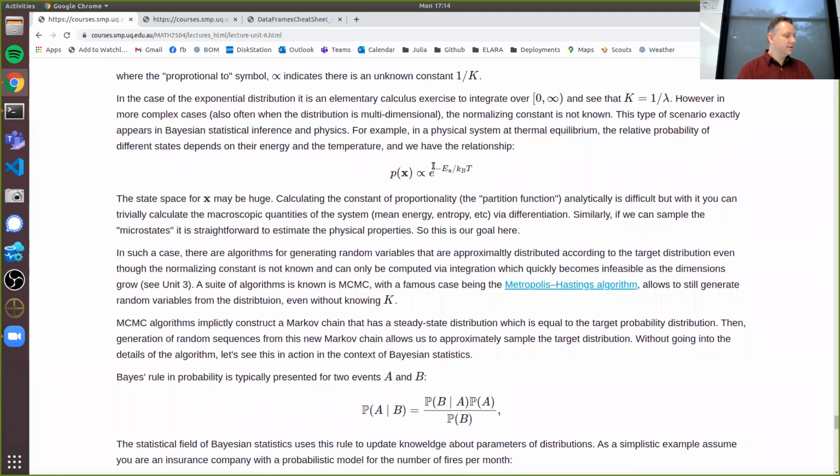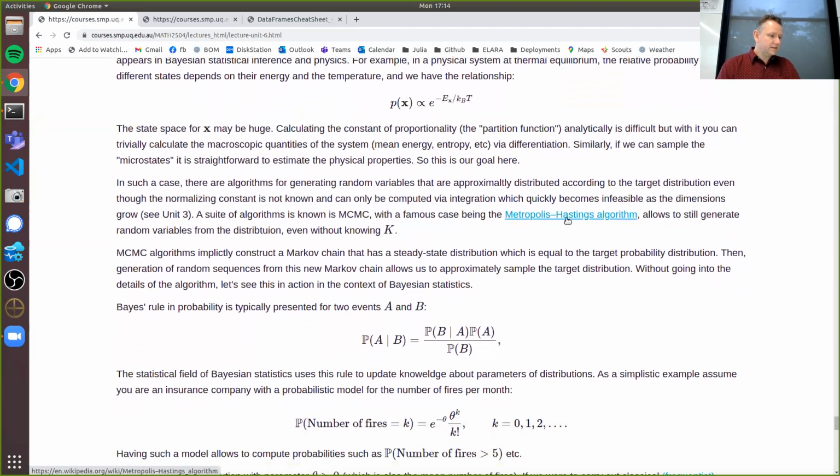And you know the microscopic details of the system. So if I tell you the state of the system, I can tell you the energy. If you give me the velocity of the atoms in an ideal gas, I can go half mv squared and get the kinetic energy and add that up, for example. And if you compare two states, you know that the one with higher energy is going to be less likely. But how much less likely depends on the difference in energy and the temperature. Okay, so